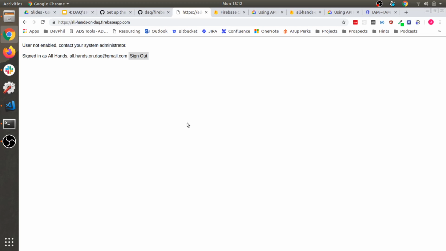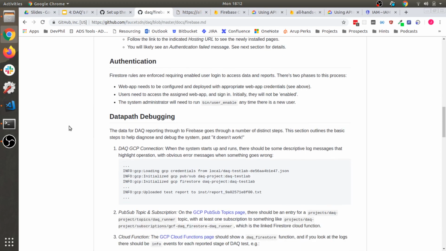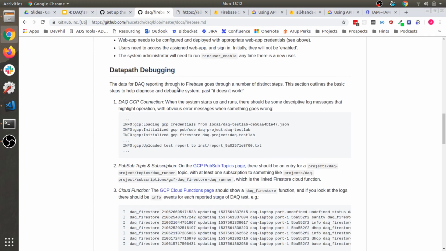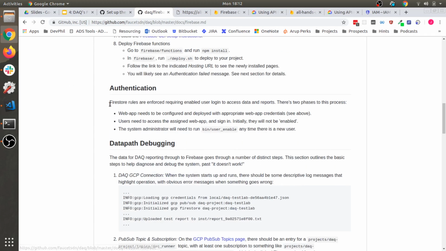Right now, I am my own system administrator, so we're just going to carry on following through. So let's see an authentication failed message. Please see next session for details. Data path debugging. So authentication, Firestore rules are enforced, requiring enabled user login to access data and reports. Why is it so secure? I heard myself cry when I first started working on